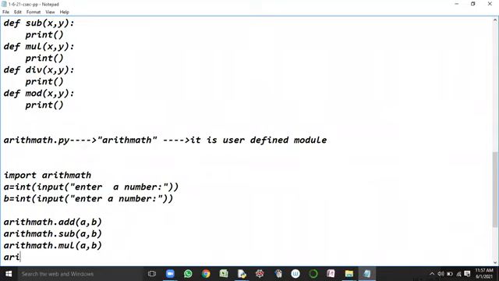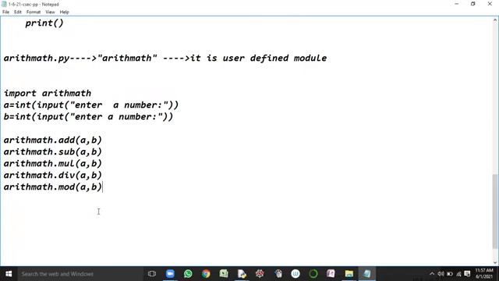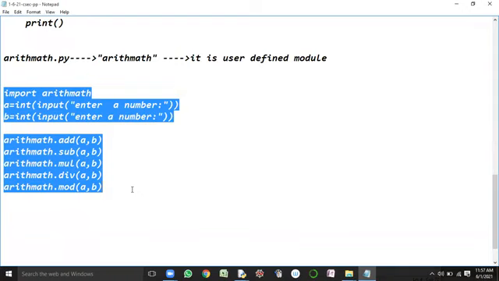Then arithmath dot division of a comma b. Then arithmath dot mod of a comma b. This is the code, isn't it? Yes, sir. I will copy this code into the IDE and execute the logic.